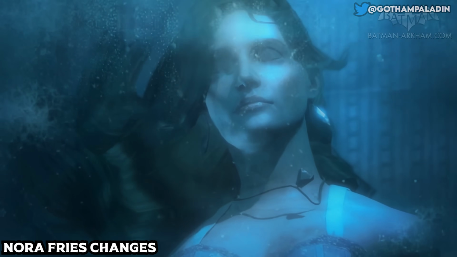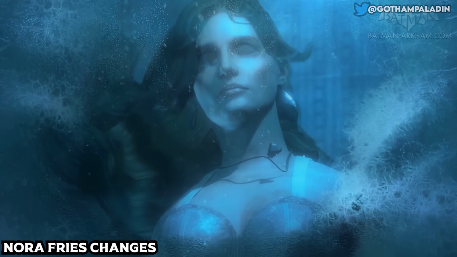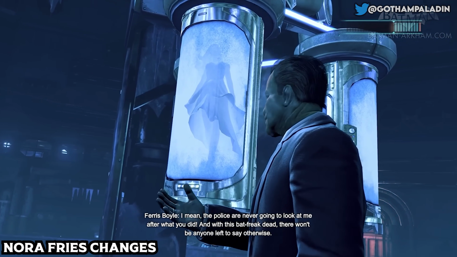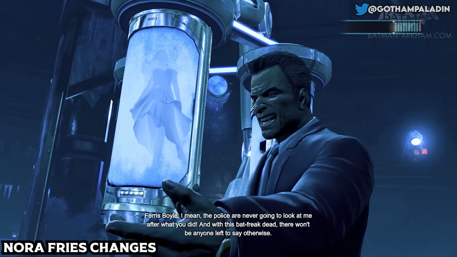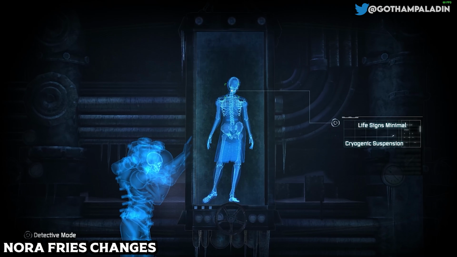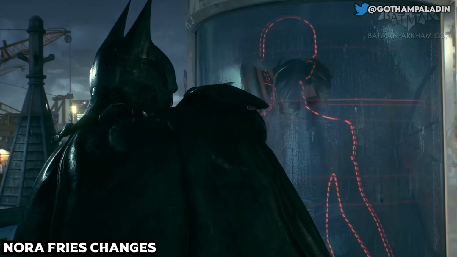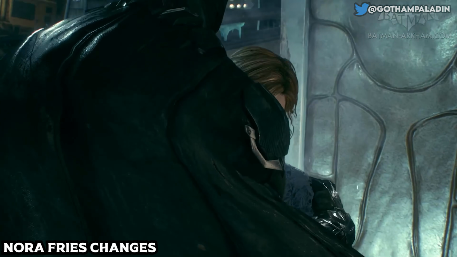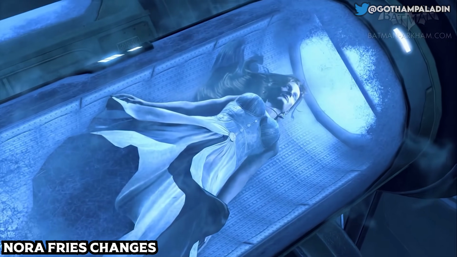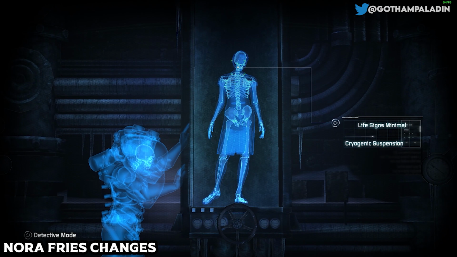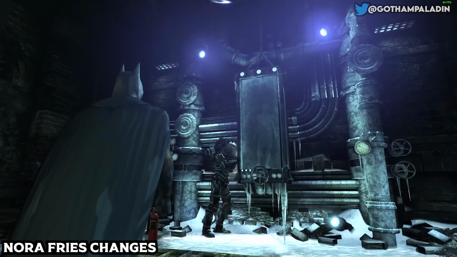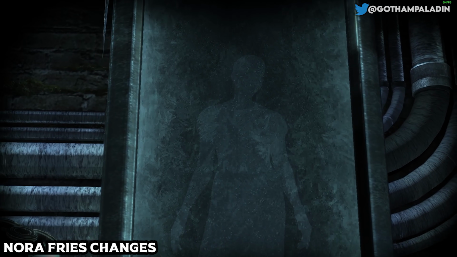Moving on, another inconsistency that's mentioned here is that in Arkham Origins' Cold Heart DLC, Nora Fries appears to be in a different position and also is wearing a different outfit than the outfit we see her in Batman Arkham City. Is this an inconsistency though? I don't think so. In Arkham Knight, it's shown that she can get out of the pod and survive for at least a little while. I think it's very possible that she got out of the pod at some point between these games and maybe changed or something. I don't know. I don't think this is inconsistent at all, but to each their own. It's just whatever to me, honestly.